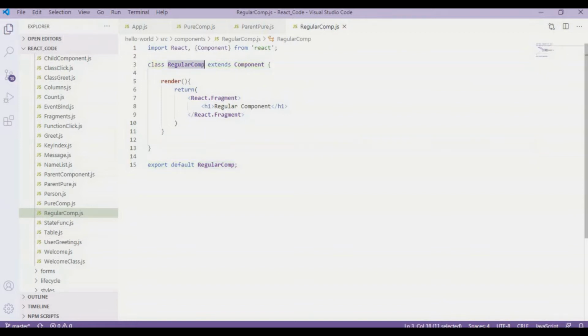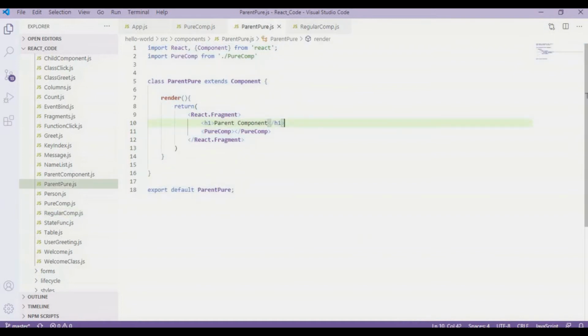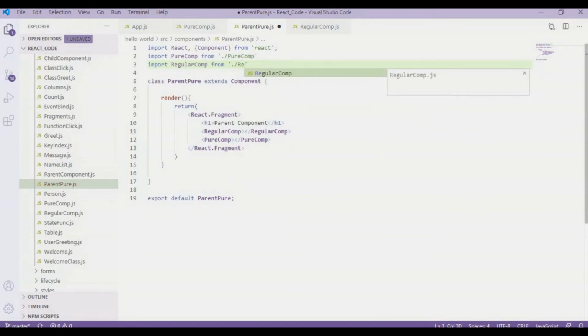Then I'm going to call this regular component in the parent component just before the pure component. So it will be regular component, imported from regularcom.